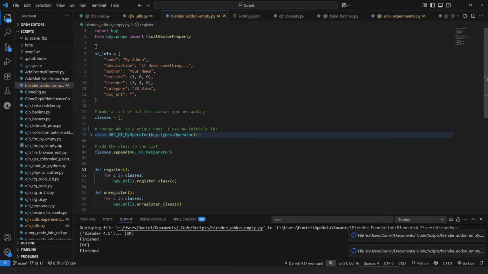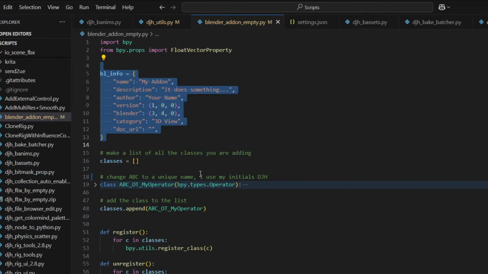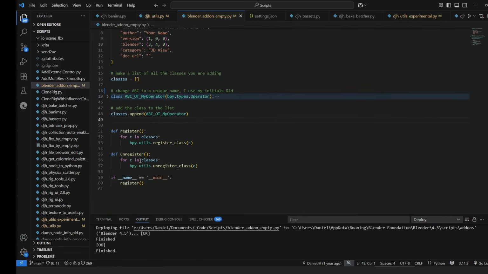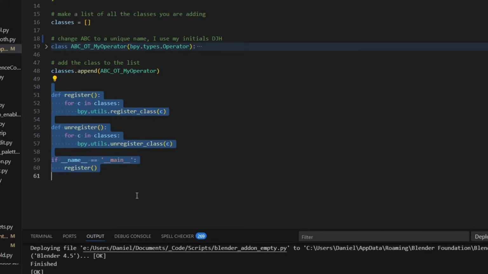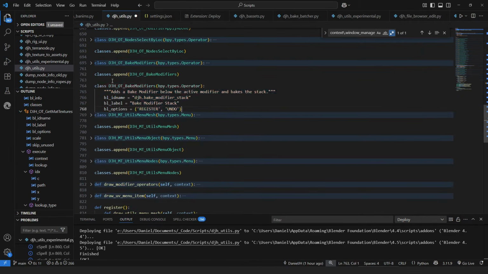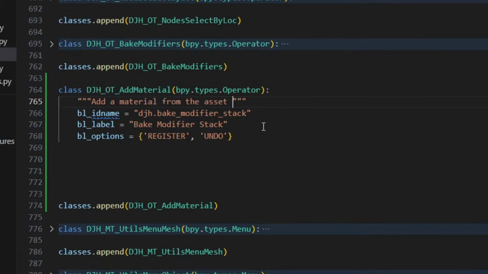A minimal Blender add-on is pretty simple. It requires some info about the add-on, probably an operator that does something, and then some boilerplate code to register any of those classes with Blender when you install the add-on. I've added a link in the description to download this empty Blender add-on if you want to use it as a starting point to create your own add-on where you can write little helpful operators to do whatever you might want to do. To get started on my new feature, I copied part of an existing operator and then renamed